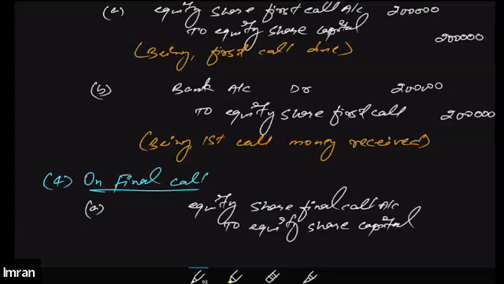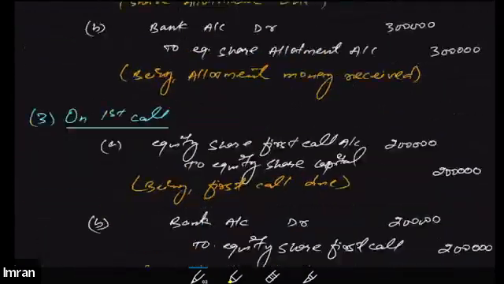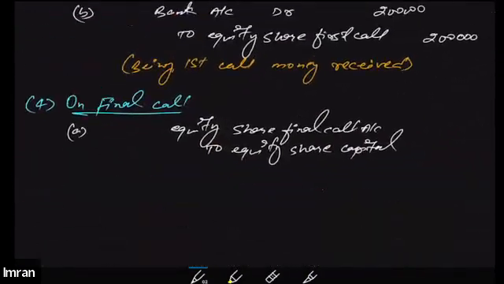And how much have we received on final call? We must have received 30 rupees on final call. So that means we will be receiving 3 lakhs. So 3 lakhs, we will have to make it due first. And we'll pass the journal entry being